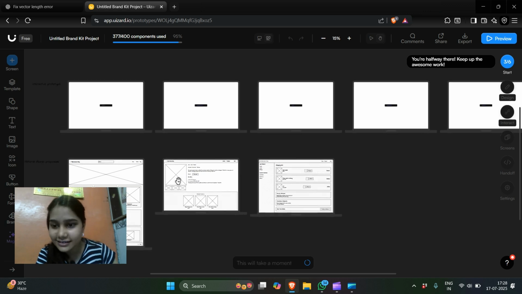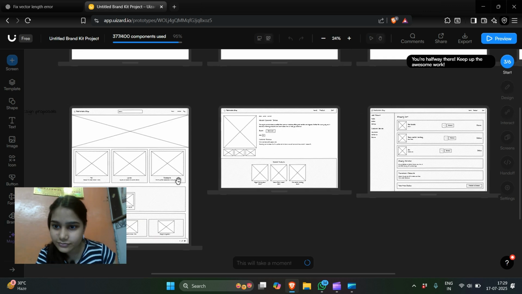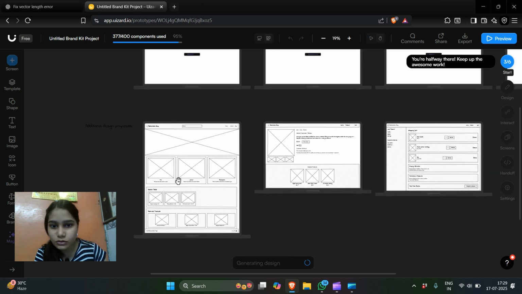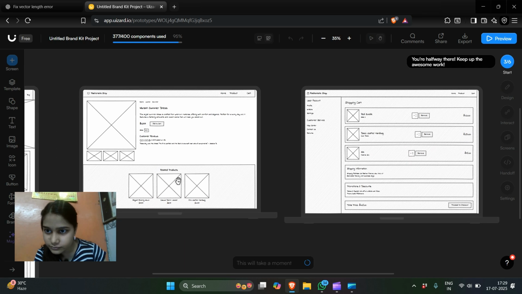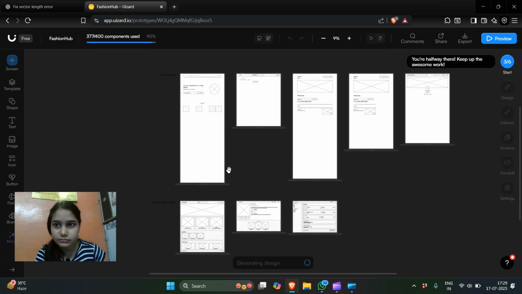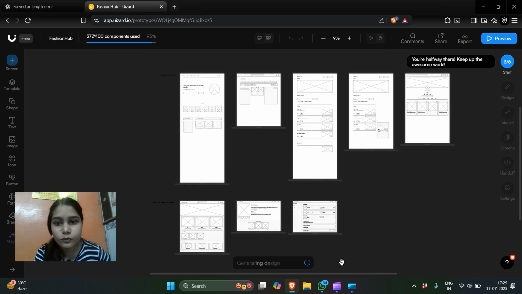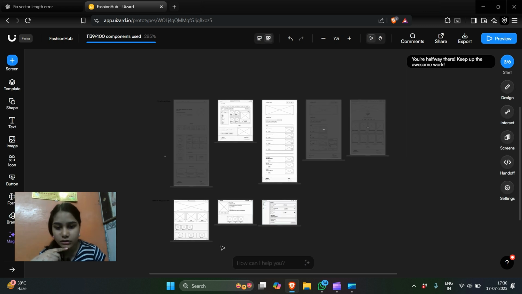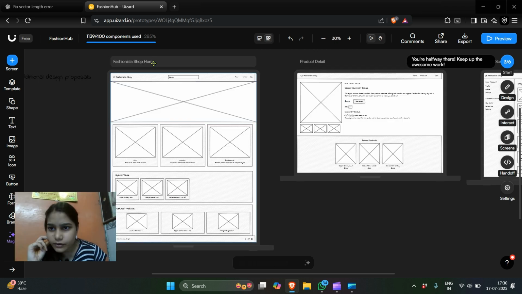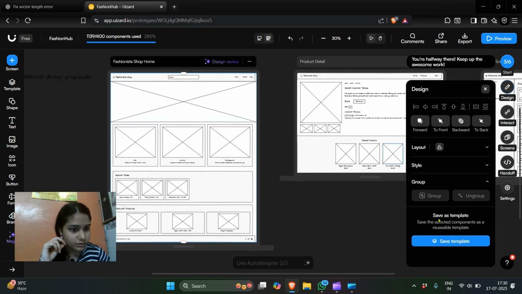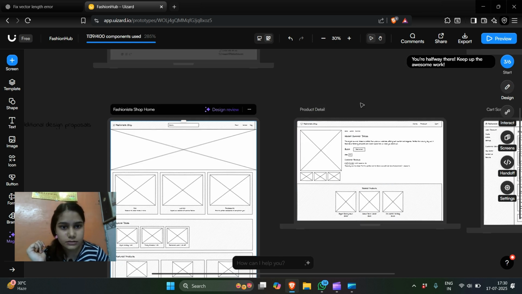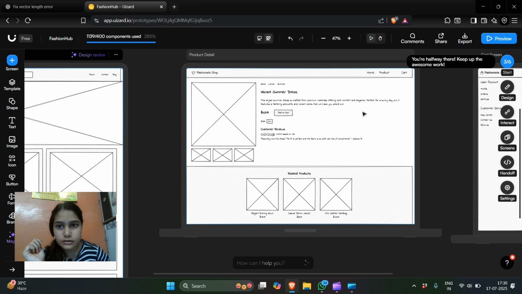Oh, it's generating. Oh, you can see these are the wireframes. So I mean, impressive. Nice. It worked very nice. Okay, it's still generating, so wait for a few minutes. Wow. Okay, it's done, I think. Okay, Fashion shop home. It's the home page. Here I have some style options for choosing. Okay, I don't need them. Let's see the wireframe it generated for us.